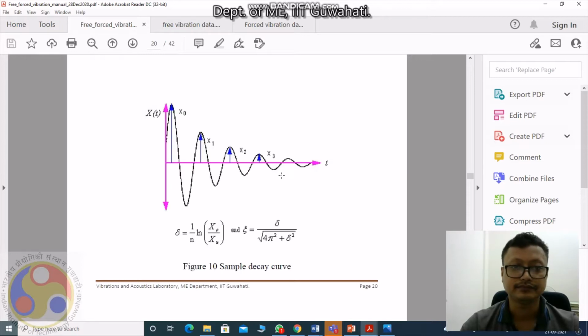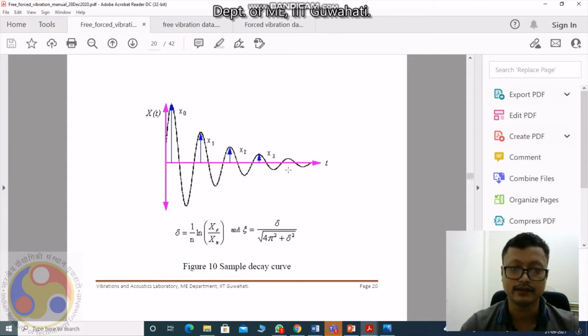From the amplitude versus time domain graph in the LabVIEW software on the PC, you can get this data. You can take the x naught value for the first cycle, x1 for the second cycle, and the third one from here.